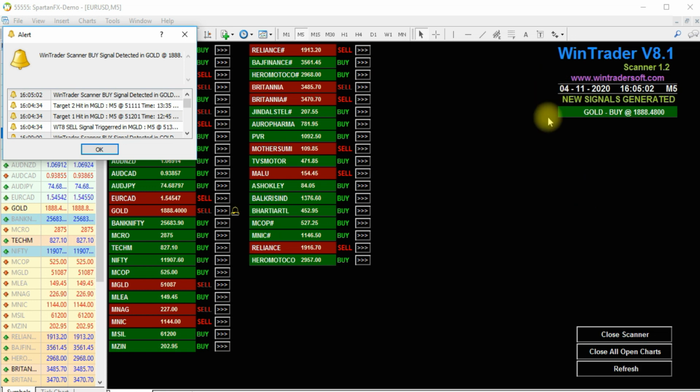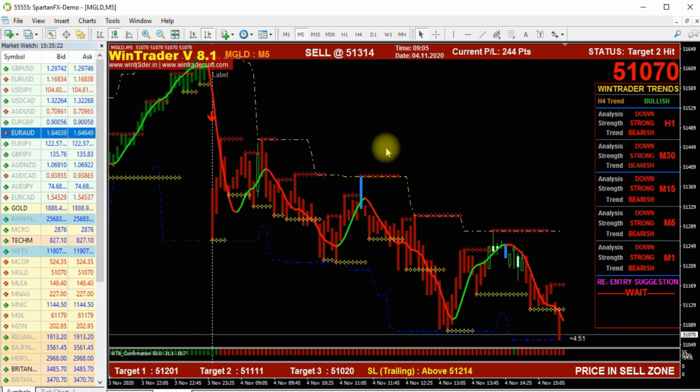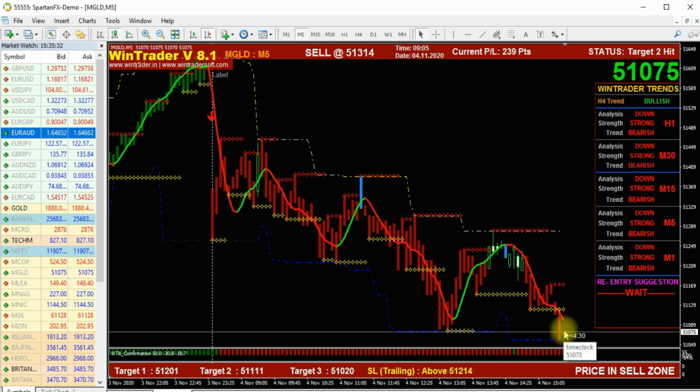When a new signal is generated, it will appear. As per the scanner report, you can go to the chart and check the confirmation. If the confirmation is there, you can enter the trades. So these are the main advantages here. You all know how the signals work and how they are confirmed, so I'm just showing some profit reports of gold, today's profit report, and how it's performing in the live market.